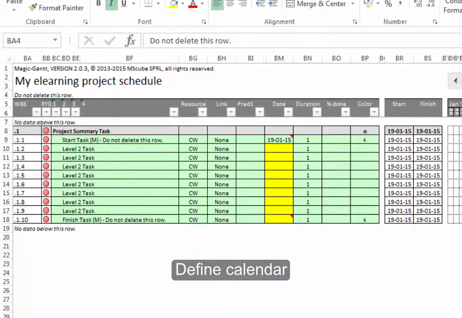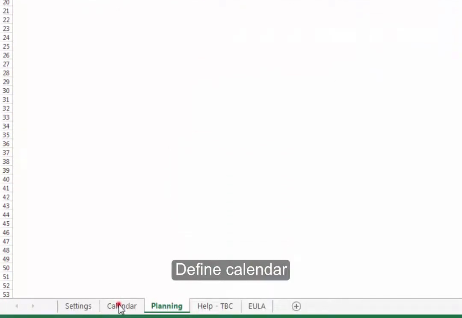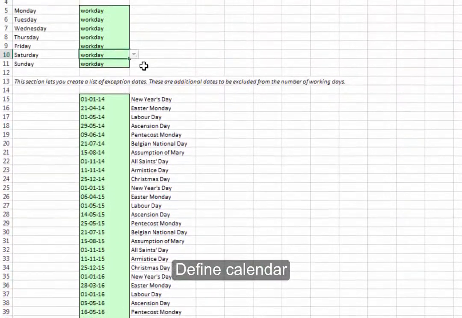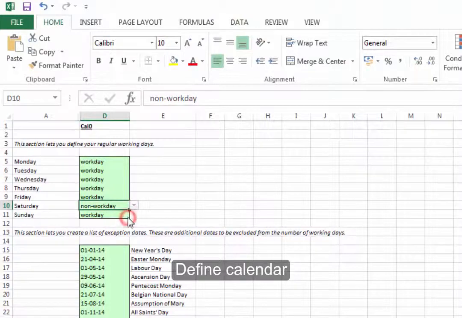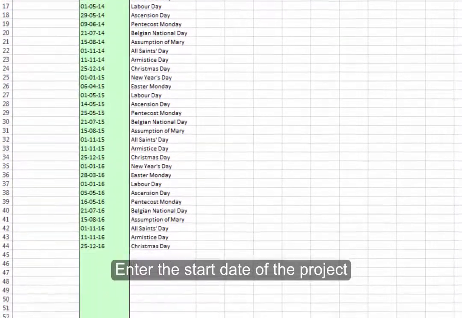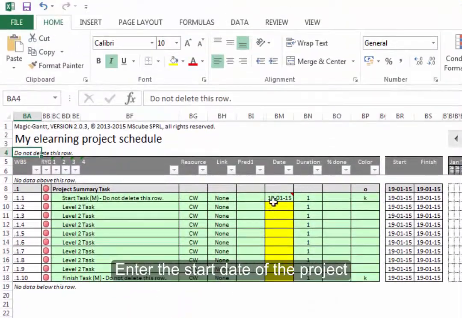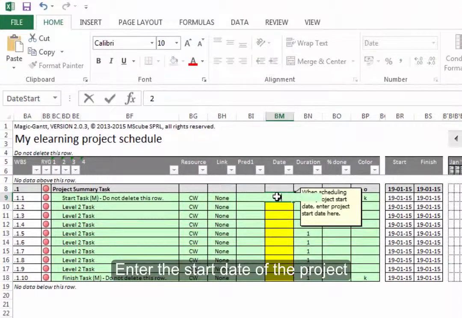In the Calendar tab, you can define which days of the week are regular work days and which days are non-working days. A typical work week would be from Monday to Friday, but this is entirely up to you. Next, you're writing in the start date of the project, and then you're ready to start adding in the tasks. The major tasks involved, as you can imagine, will be